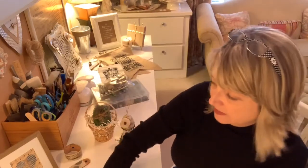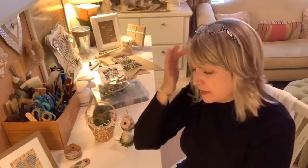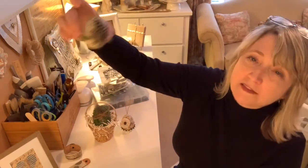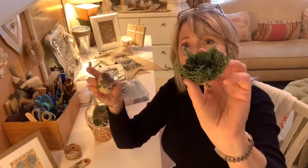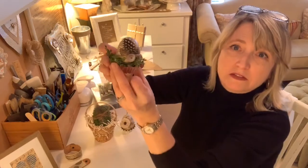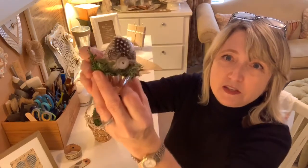I love it. Now keep in mind that these kind of all have the same feel, but that's because this is what I did today. So I will be coming back probably multiple times with other looks, other ideas that you can do. Here's another one. This was one of the smaller Easter eggs. Same exact thing. I put some feathers on it, that same ribbon, and then another gray button in one of these little Easter tin tartlets or whatever you want to call that. Isn't that pretty? Those look super cute